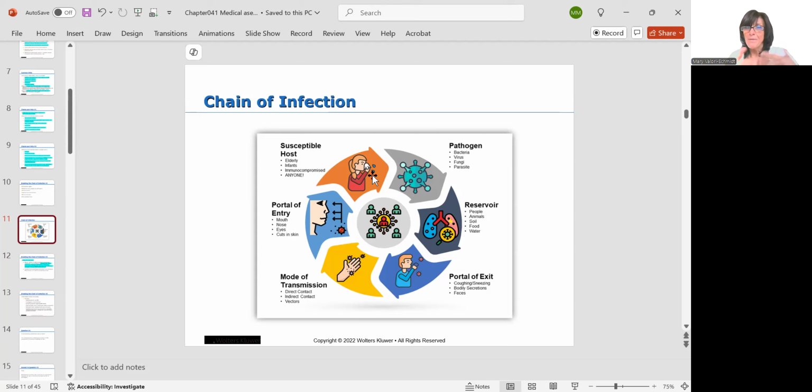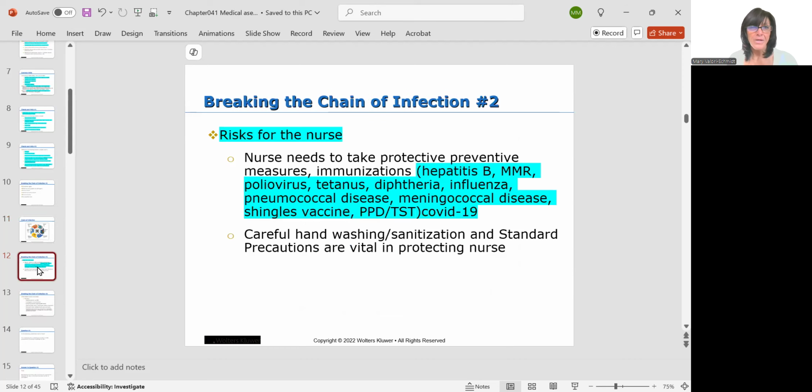So let's backpedal and look at this again. Let's say that I have the flu. So the pathogen is the flu virus, and the reservoir, it's living in my respiratory tract. And the portal of exit is me coughing. And droplets are spewing. Mode of transmission, droplet. Portal of entry, if you're less than 3 feet away from me, you don't see them, but those little droplets are going into your respiratory tract, and then they're going to make you sick. And now you have the flu. Easy peasy, lemon squeezy.